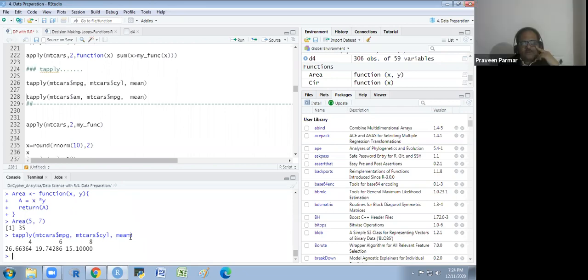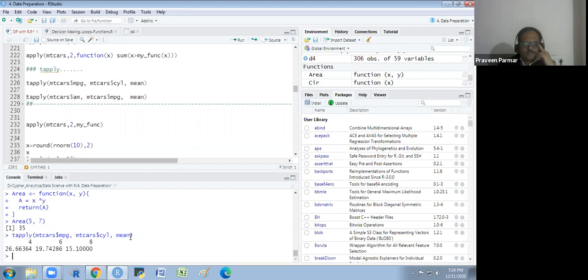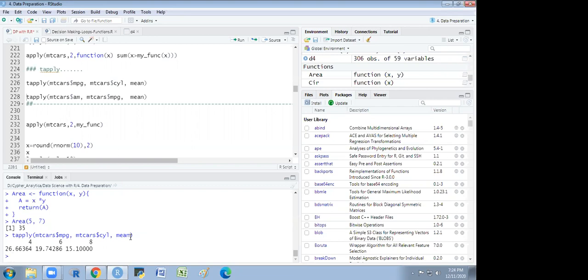If we want to label these factor levels, meaning four as four cylinder, six as six cylinder, eight as eight cylinder, how can we proceed in this formula or any other function? We got the output in this form.